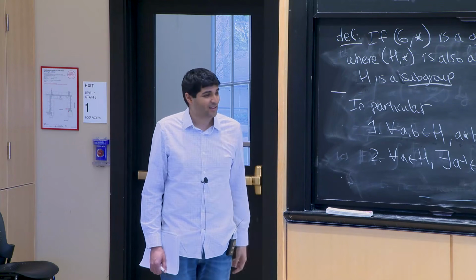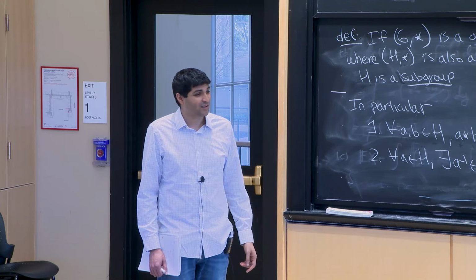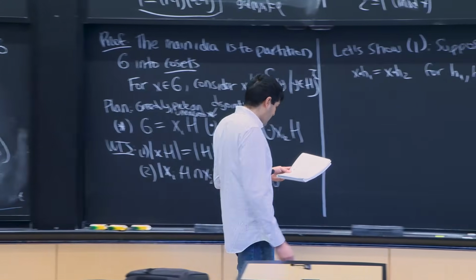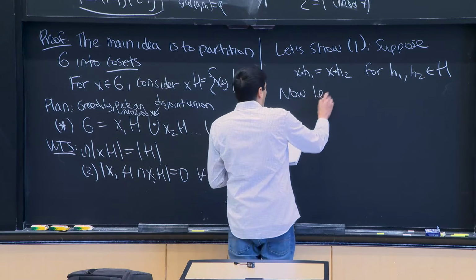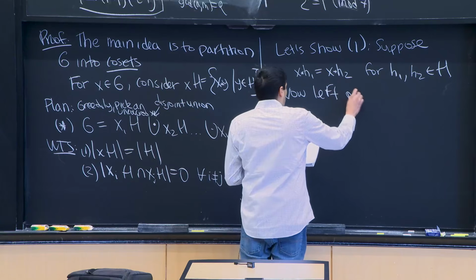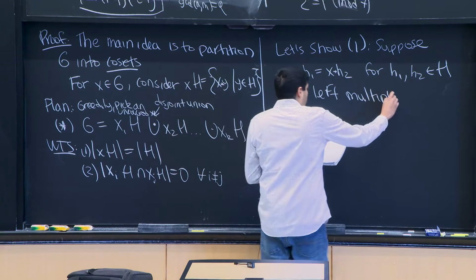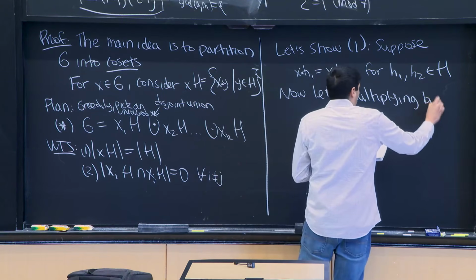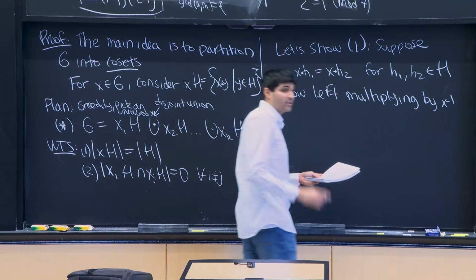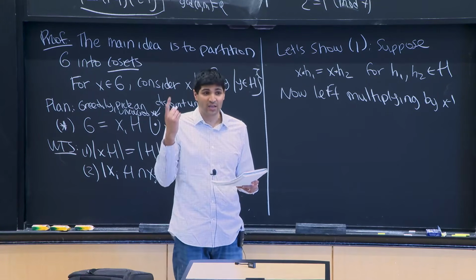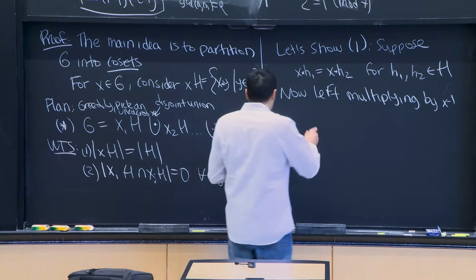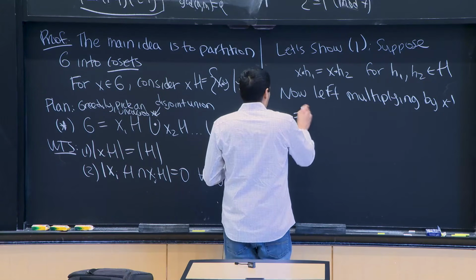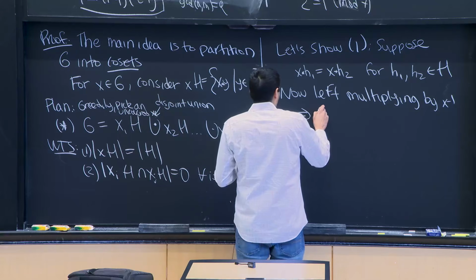Yeah, maybe we could use the existence of x inverse. Yeah, that's right, that's a great idea. Let's use the existence of x inverse, right? And that'll work. So now what we're going to do is left multiply by x inverse. See, this is where I need the group structure, that x inverse exists, right? So once x inverse exists,